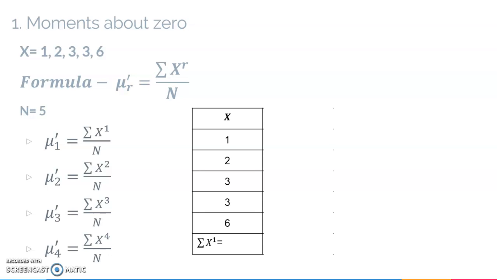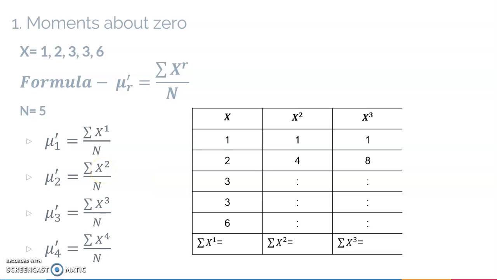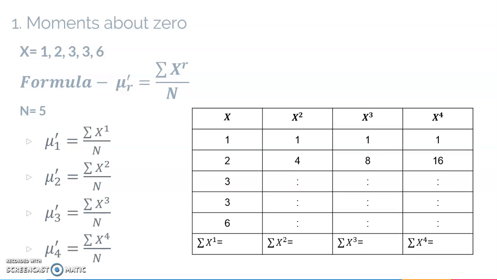First let us write down the values which are given, the values of x. Now if you check the formulae, we require x square, we require x cube, and we require x raised to 4. So create the table accordingly. We have the value of x with us. So from that, you can complete the column of x square, the column of x cube, and the column of x raised to 4.